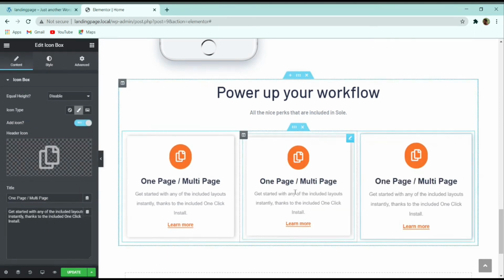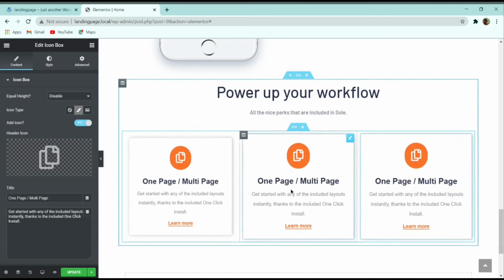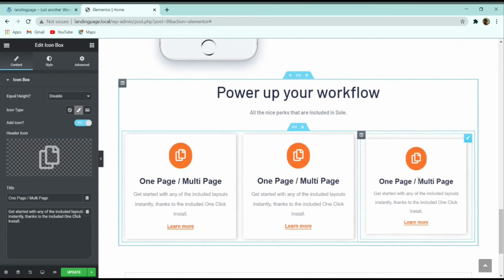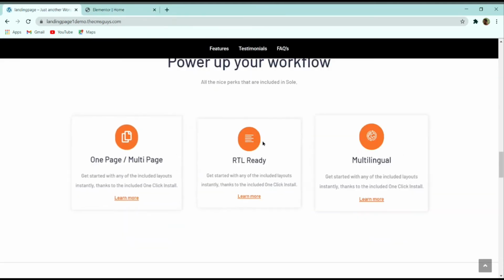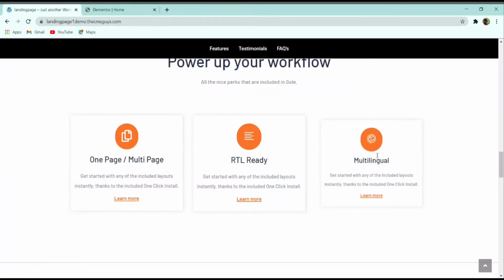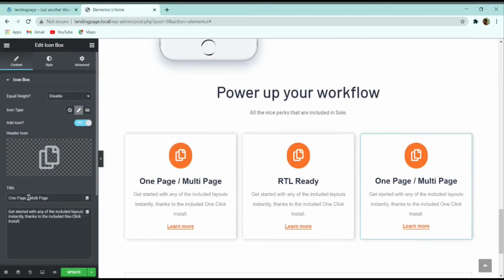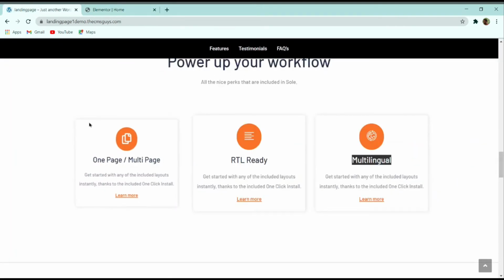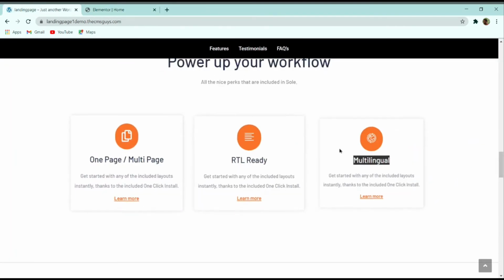So now you can see that we have completely created this icon box section, and then what I have to do is only change this title. Let me copy this title from here, and then in this title section I will paste it, and similarly I will do for the other one also. And then one last part is left, that is I have to change these icons.